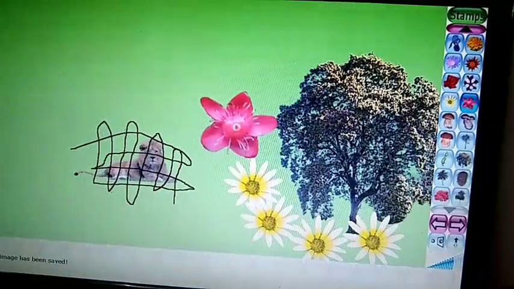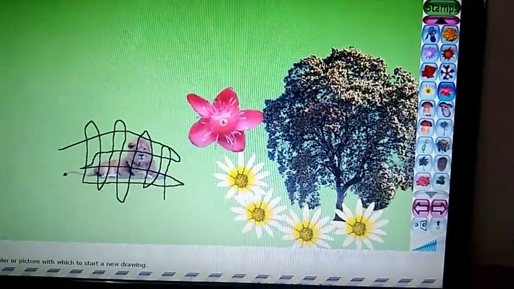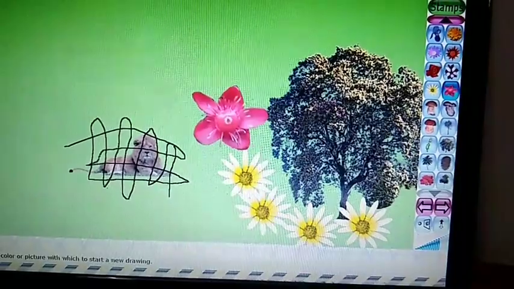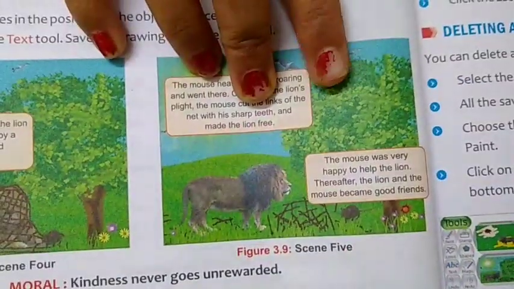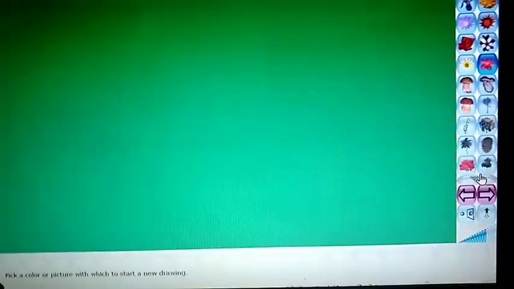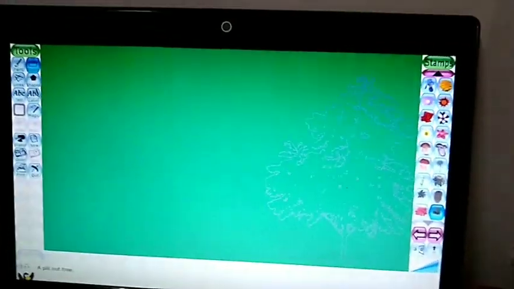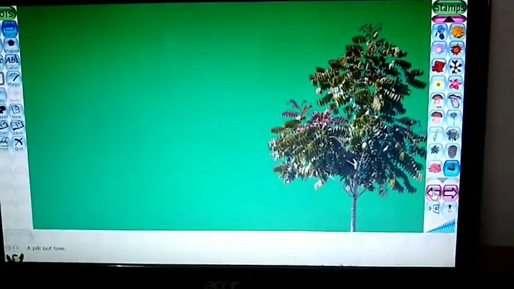5 scenes are there in your book, so you can create 5 scenes. Now the 5th one I am going to create, which is given in your book. So like this 5 scenes. So the 5th one I am creating, 5th scene.